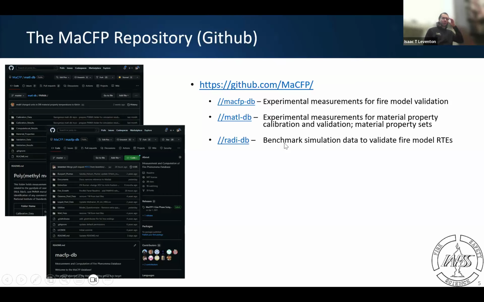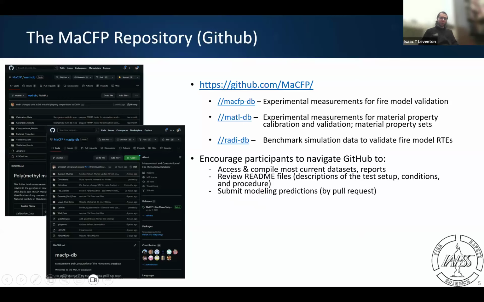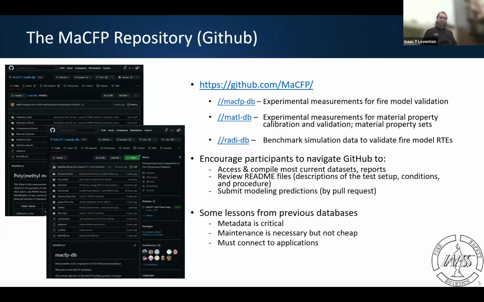As you participate in this effort, we really want to move forward to submitting our data here in GitHub rather than just emailing it back and forth. That's a huge help administratively in that effort. We've learned through the last 10 years of MaCFP and from previous databases and previous efforts like this that having good metadata is important, having standard formatting is important, and all of this takes quite a bit of work. So if there are participants or you have colleagues who are interested in helping the effort and can volunteer time for that maintenance and analysis and scripting, we would of course welcome that help.